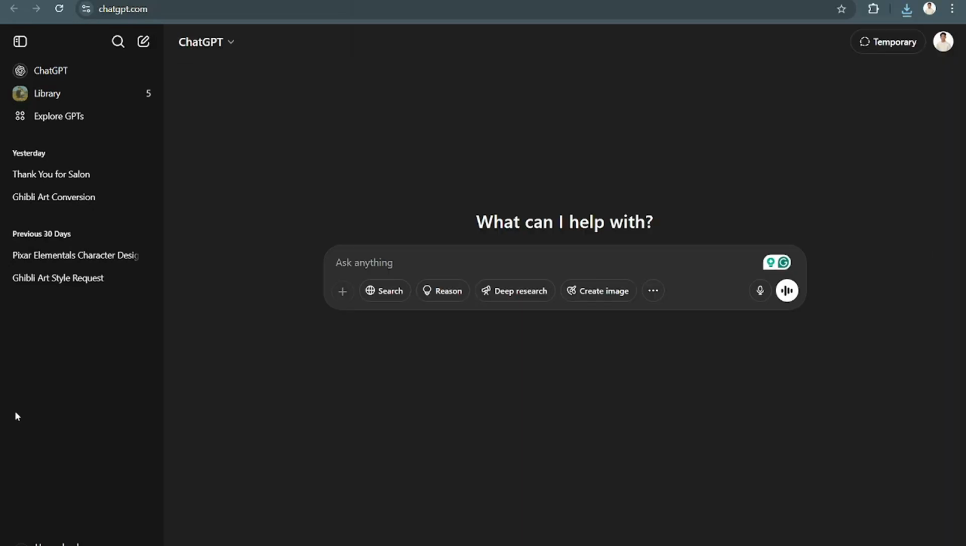Today, we're going to do something bigger using AI. We are going to create an action figure model using ChatGPT. So, very quickly, what we want to do here is we first want to ask ChatGPT,